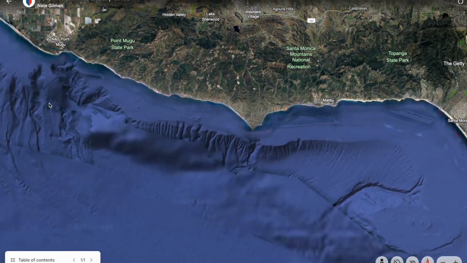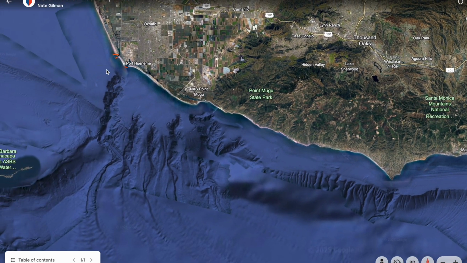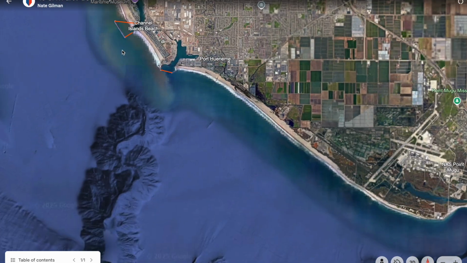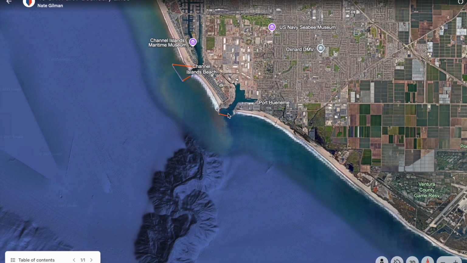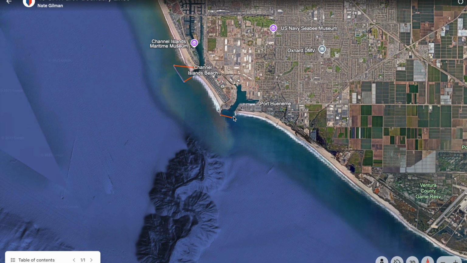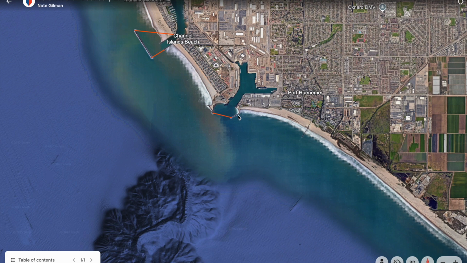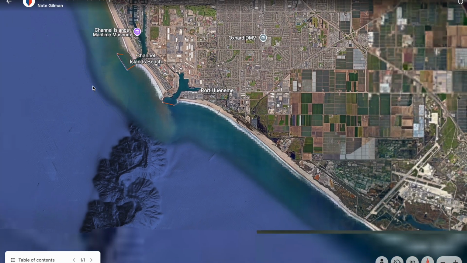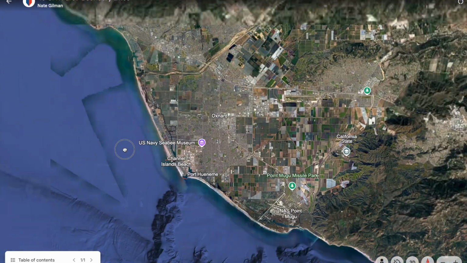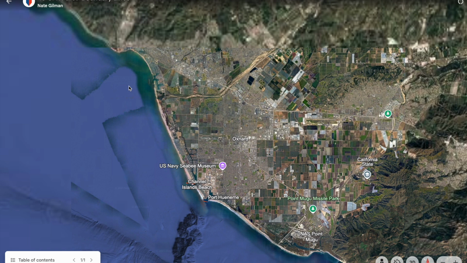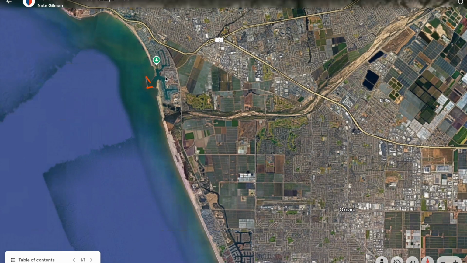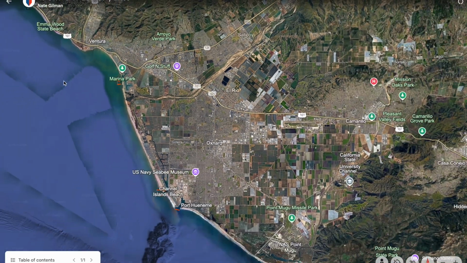As we make our way continuing up north, same thing with Port Hueneme and the Channel Islands Harbor. So Port Hueneme, you can see there's the 2 breakwaters that come out. Same with Channel Islands Harbor, they have the long protected breakwater and the 2 little ones. So it's basically if you cross that threshold and come outside into the ocean, you're going to get near coastal credit for that. As we make our way north, that same thing happens for Ventura. So we can see the Ventura line, exact same.